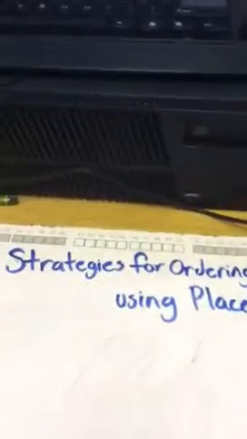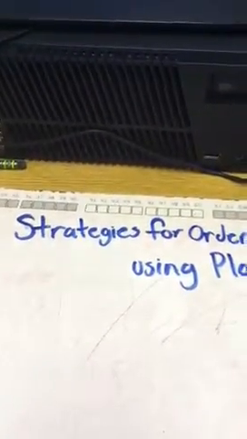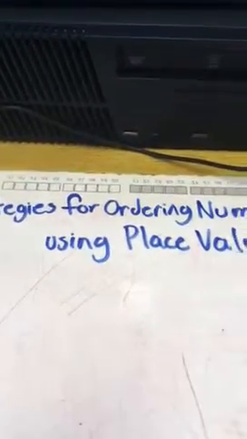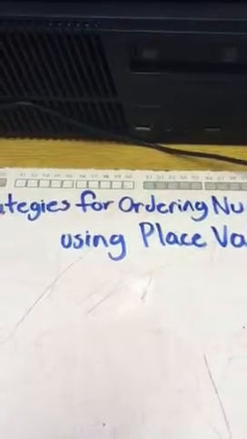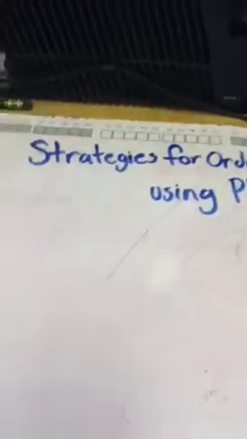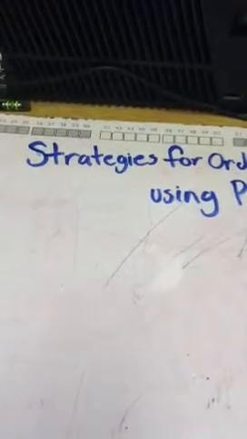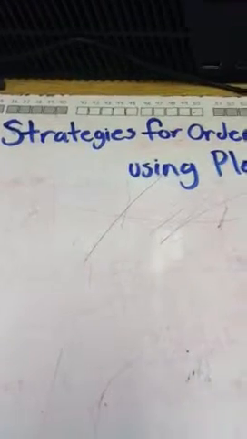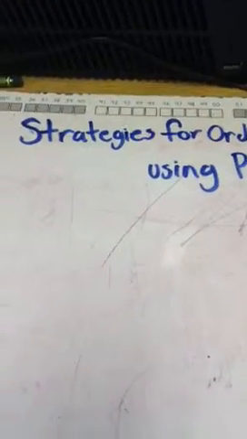Good afternoon. Today we're going to be working in math class on finding strategies for ordering numbers using place value. And so basically what that means today is we're going to be taking numbers and we're going to try to compare them, and then after we compare them, we're going to try to put them into order, whether it be from least to greatest or greatest to least. So there's really two steps in doing this. Our two steps that we're going to use today are, first,